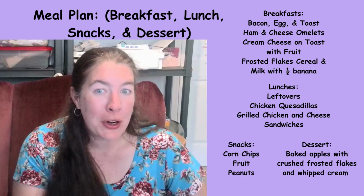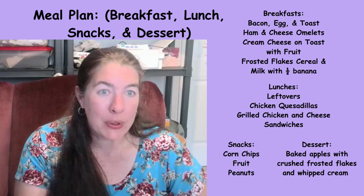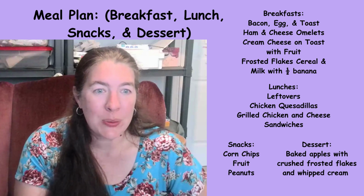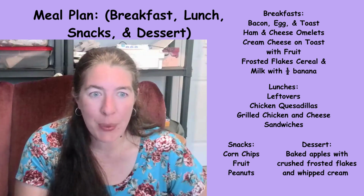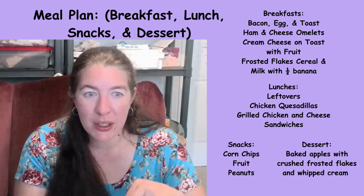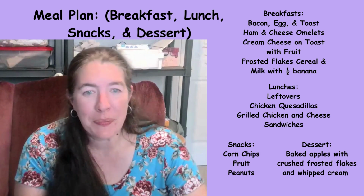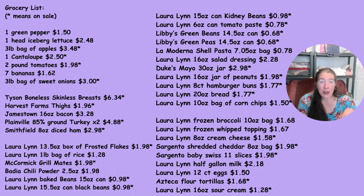And then for dessert, I was thinking since we're going to have the apples and a box of Frosted Flakes, why don't we just do some sauteed apples or baked apples, crunch up some cereal on top, and then serve it with a little whipped cream? Sounds good to me. Now, I know this is small print, so I'm going to put it all down below,